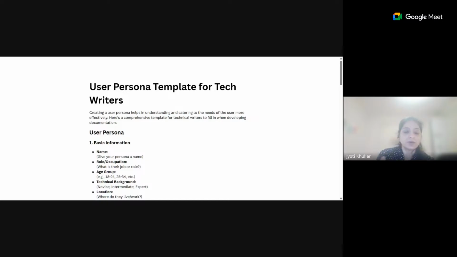Okay, so this small activity can help you understand your user. We'll get to the product thing as well. We'll do that as well, like how to do the product analysis. That will be done maybe tomorrow or later. So today it's going to be the user persona. We will